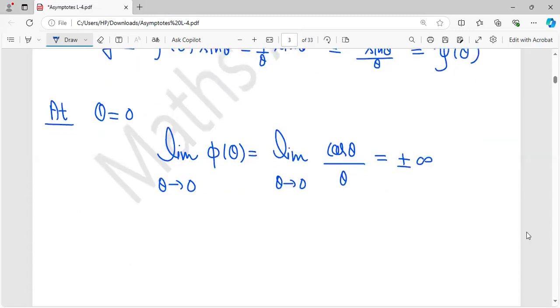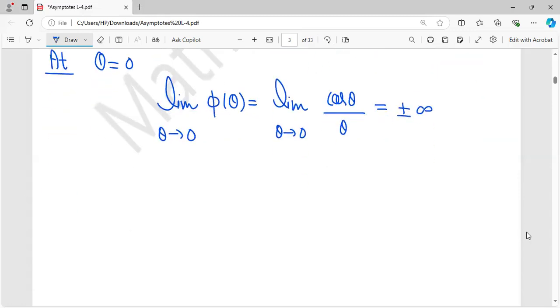Okay. And what is this? Limit theta tends to 0. So theta can be approached from the right. We have the right direction only, because 0 to 2 pi can be the range of theta. And what is sin theta upon theta? That is 1. So this implies